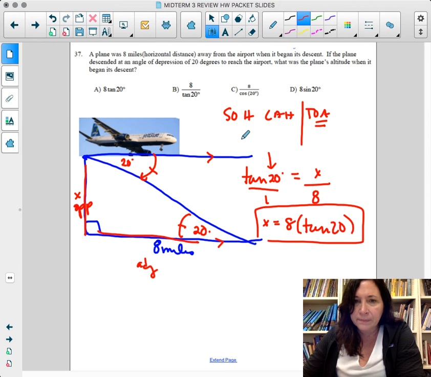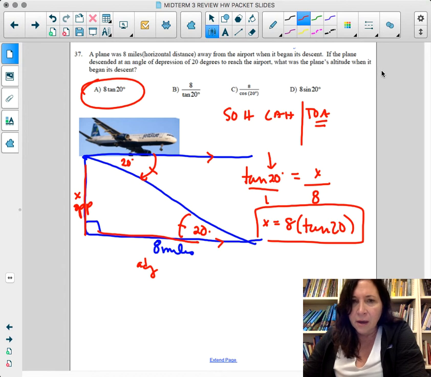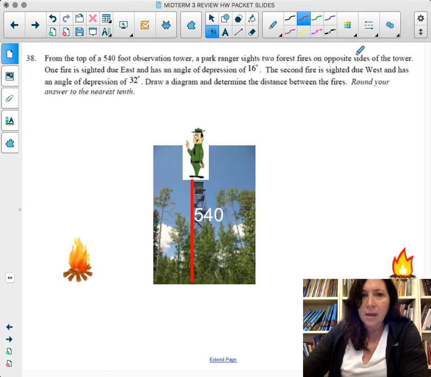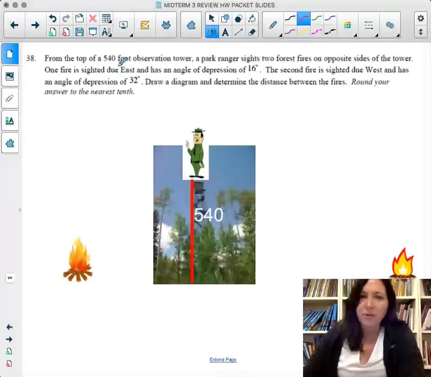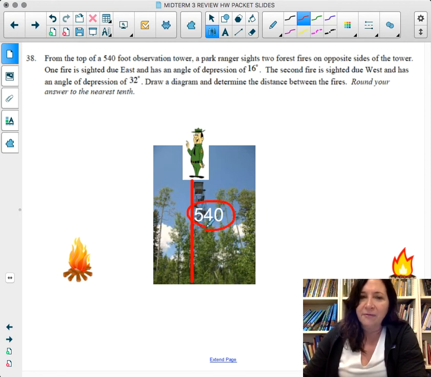37.8 times tangent of 20. Okay. Next question. From the top of a 540-foot observation tower, there's my 540-foot tower, a park ranger